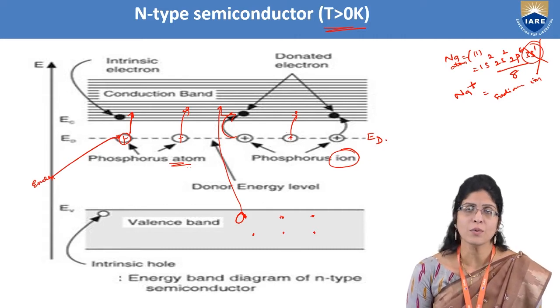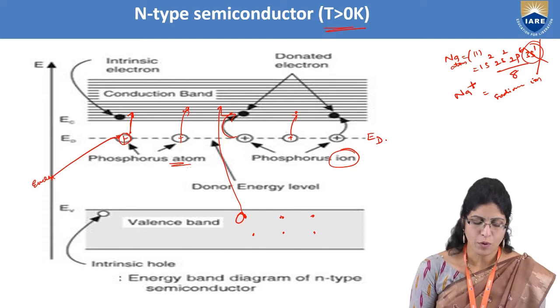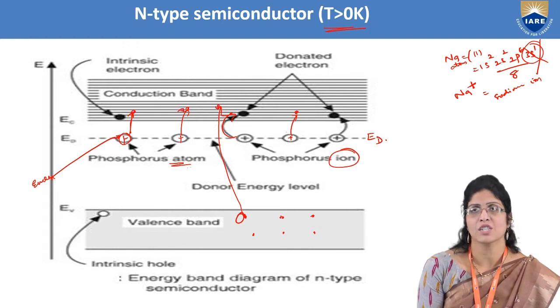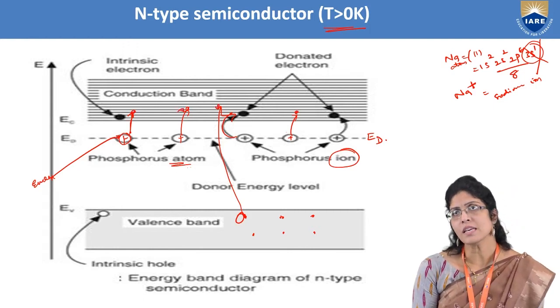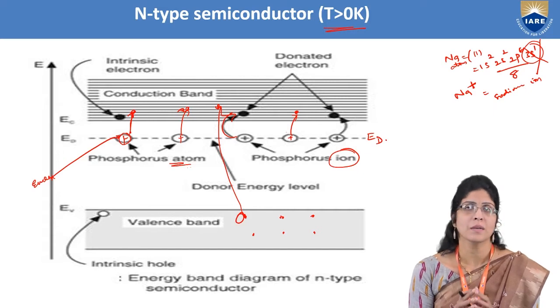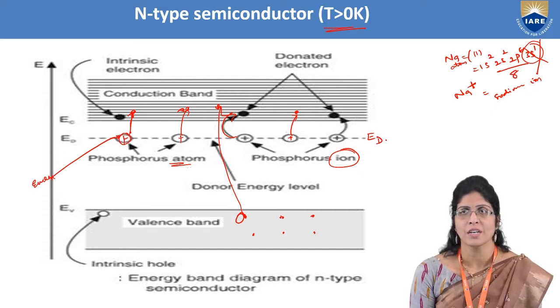Whatever it is, if you observe here, the number of holes is very less when compared with the number of electrons in the conduction band. So there is a large probability for the number of electrons to be more than the number of holes. That means the number of electrons, in the sense negative charge, negative starting with N,